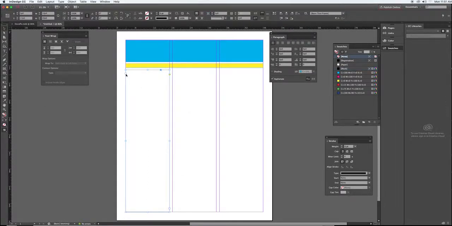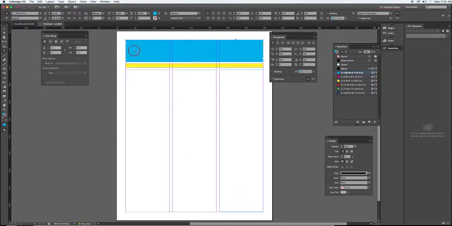Then you'll want to copy and paste because you need to create a text box for all 3 columns. So I'm just going to copy and place that. And you see the grid that I set up when I did the 3 columns. It helps. It just snaps all that into shape so I don't have to spend too much time cleaning it up. Okay, now to type in the type box, you have to grab your type tool, you click on it,